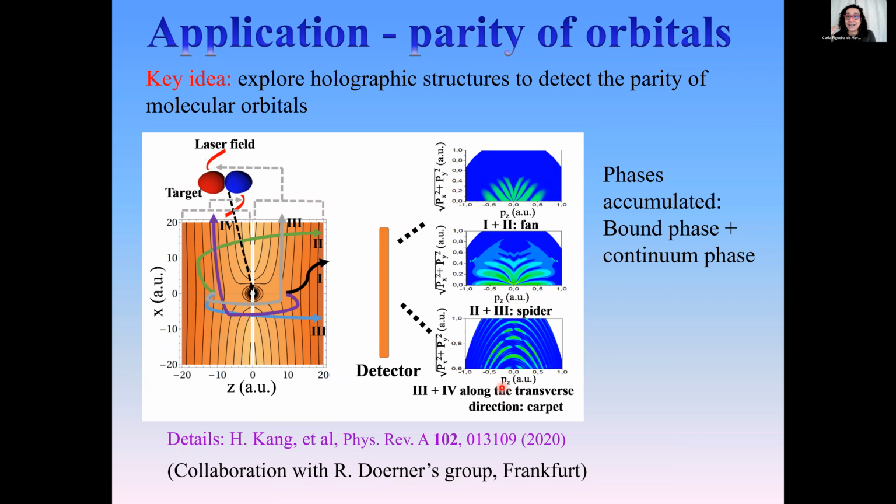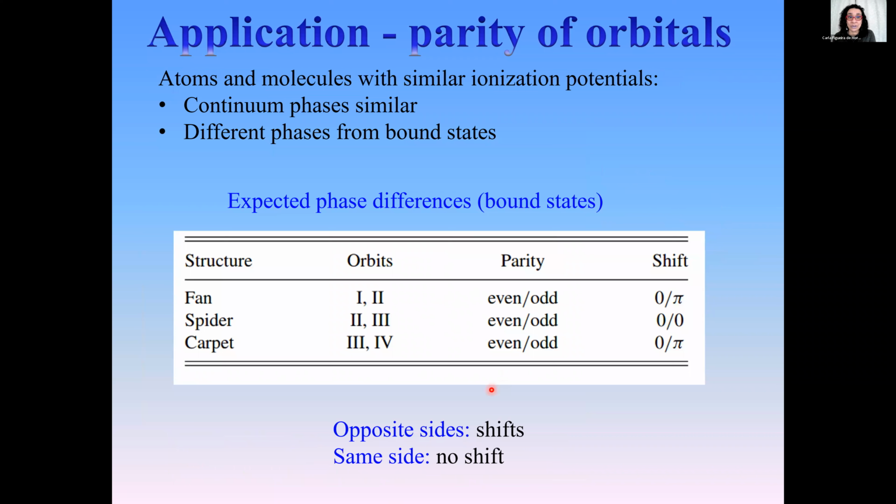So you're accumulating a phase due to the bound state and due to the continuum. And what we have done was we took atoms and molecules with similar ionization potentials because we wanted the phases accumulated in the continuum to be similar. And this is something that was important for us